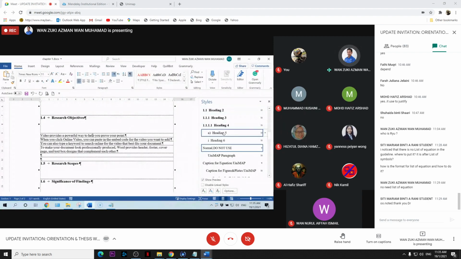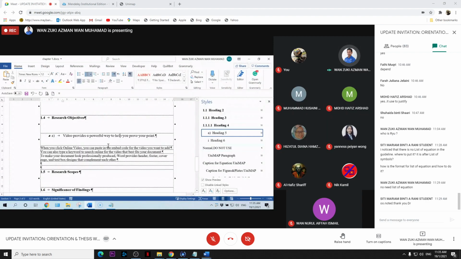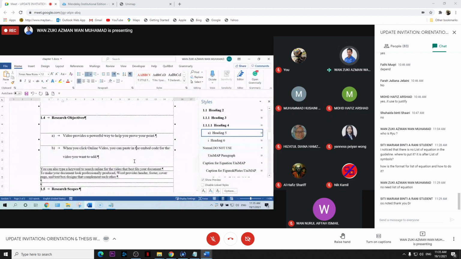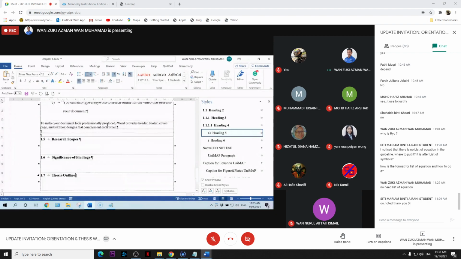If I want to use the ABC, I just select Heading 5. This one, Heading 5. This one, Heading 5. And then the last objective, Heading 5.